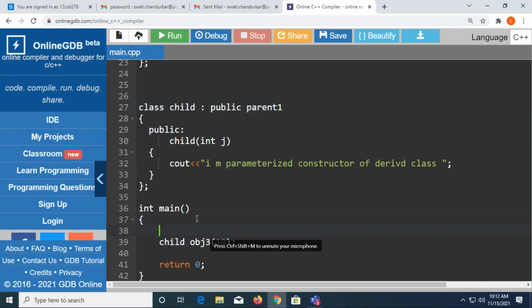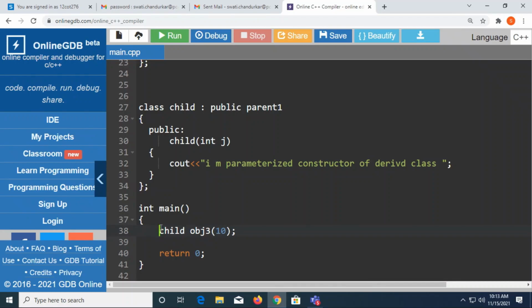If I had written just child A, for example, I am expecting that I am executing the default constructor of base and child both. But if I am writing like this, that is an object with a parameter, the compiler is expecting that it needs to execute the parameterized constructor of the base class.